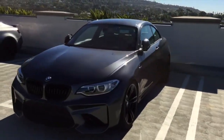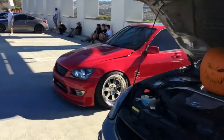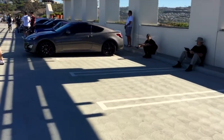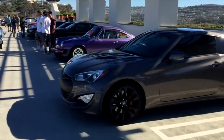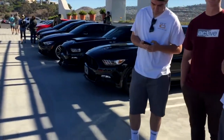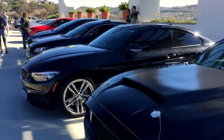Very cool. 720S, BMW, a little Nissan, a Lexus, I believe an IS200, IS300, Hyundai, little purple Porsche for sale. Rolling through, a couple of Mustangs sitting across here. Serious hood on this one. BMW,